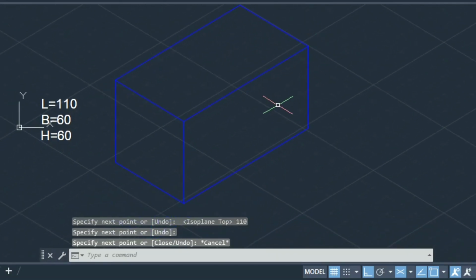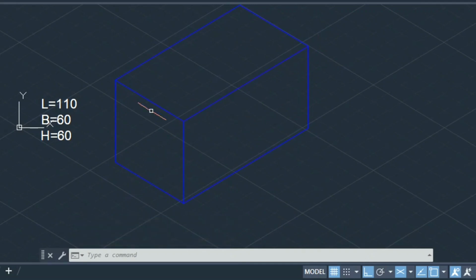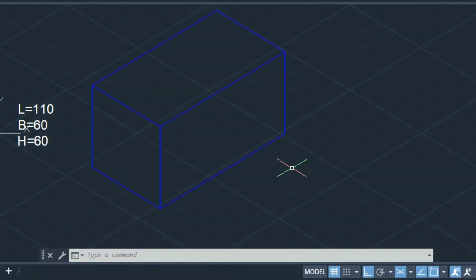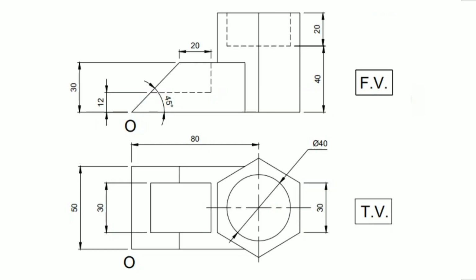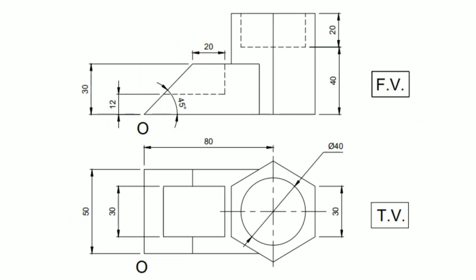So these are the three frames we have just created, one for front view, one for side view, and one for top view. Now before you draw the object from the origin point, just check how these lines start from the origin point itself. Now in our question, you can see the origin point is given at this front view corner point. So whenever you want to draw any line, you have to look at that line in front view